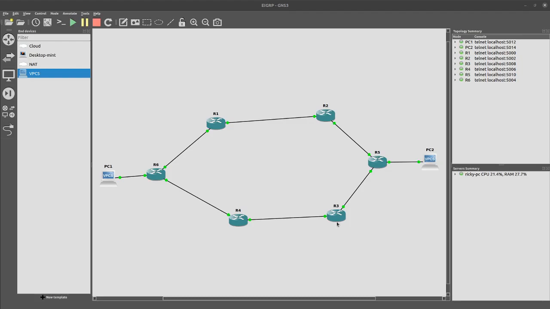I will configure the remaining routers, but none of them is configured with anything at the moment. It's completely blank. So I will configure one router first. Now I will configure router one. Why I'm configuring router one: it is connected to this one and this one, and that's why